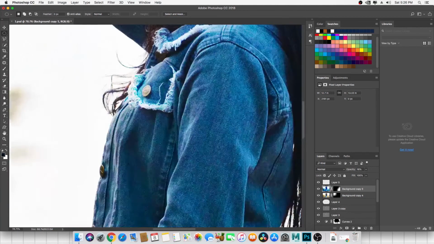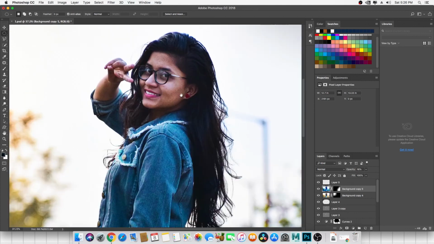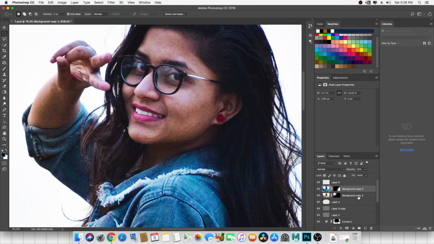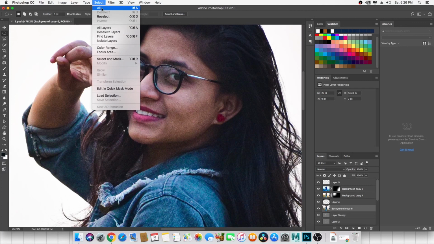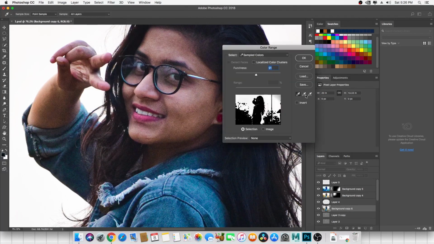If you want to brighten the skin tone, or you want to make it somewhat fair, you can do it. I can show you that. Just take the mother layer that we made last time, Control J, duplicate it and put it over the last image, just below the vignetting, and here you can go to Select. Here you find Color Range. First of all take this picker and pick the skin tone, and if you want to pick more, you can pick like that.